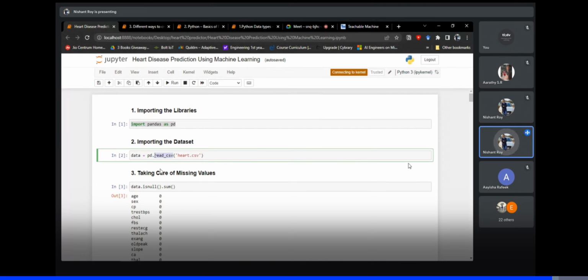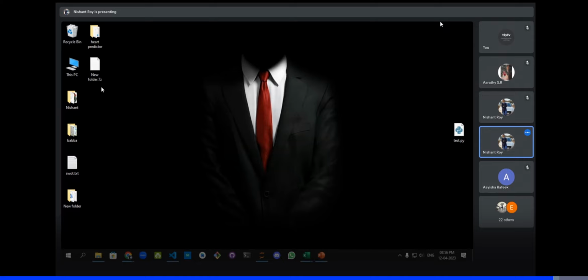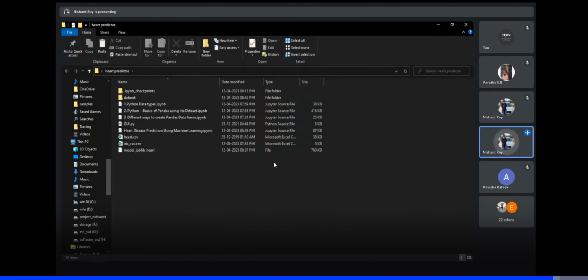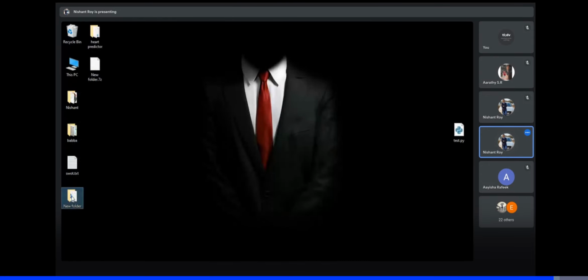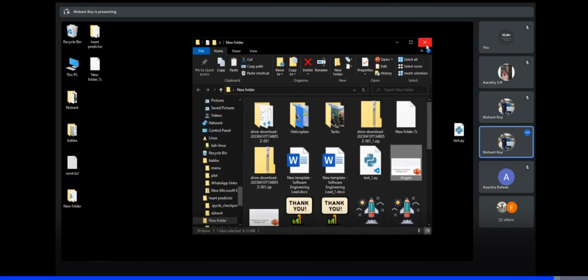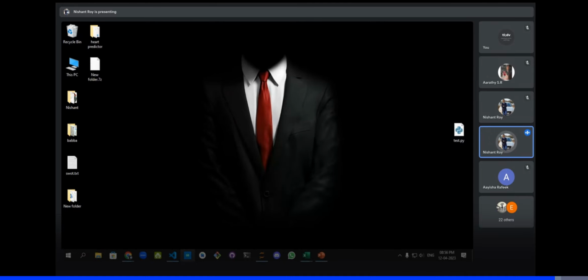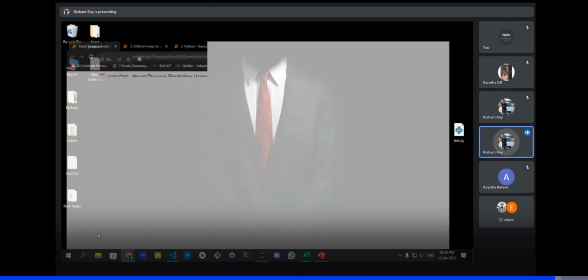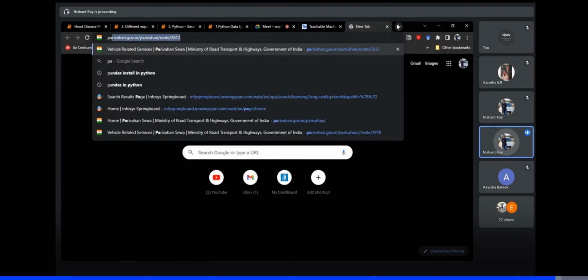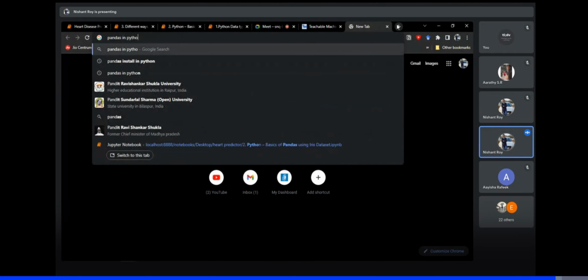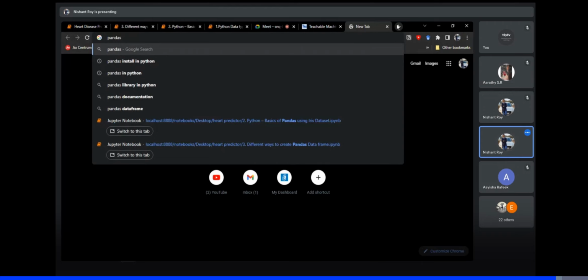Like Excel usually saves it in the format of Excel XLSX, so you have to call it for that. Like if you go inside the pandas library